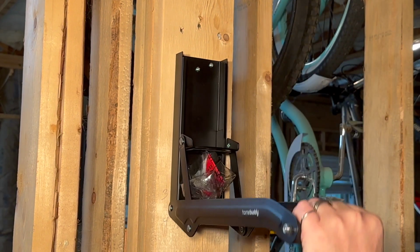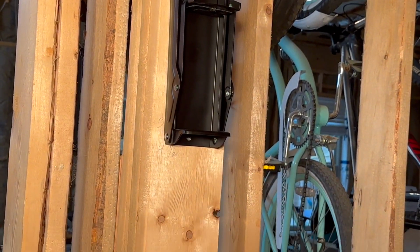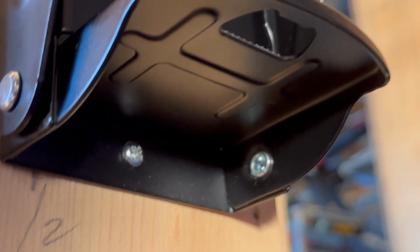If we squished it down a little bit, it would fit, and then it would crush it. We don't have any of the larger cans right now, but it would work for those. So it has a variety of uses. I think they only recommend cans, so I don't know how well it holds up over time with the bottles,